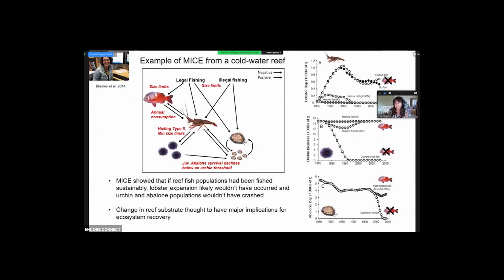So just to give you another idea of where this work is hopefully headed, Laura Blamey previously led some MICE work focused on a cold water reef. And this was a nice example of where there were certain